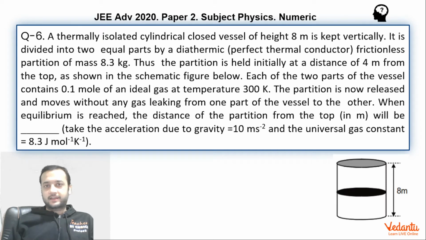One more interesting fact about this question is that when IIT had released their first key, they had given answer 6 for this particular question. But eventually it got challenged and they had to accept their mistake, and finally it became a bonus question. So I'm going to give you amazing insights into this question, why or how they could have gotten the answer 6, and why it eventually became a bonus.